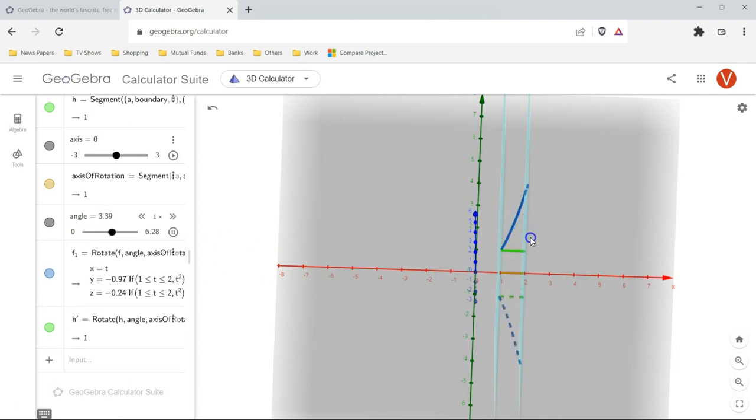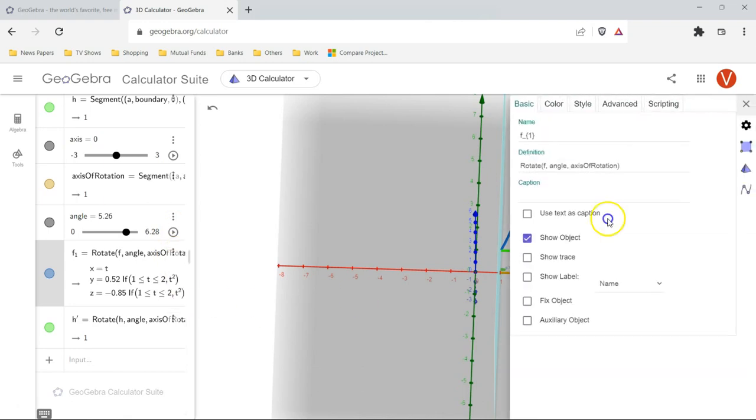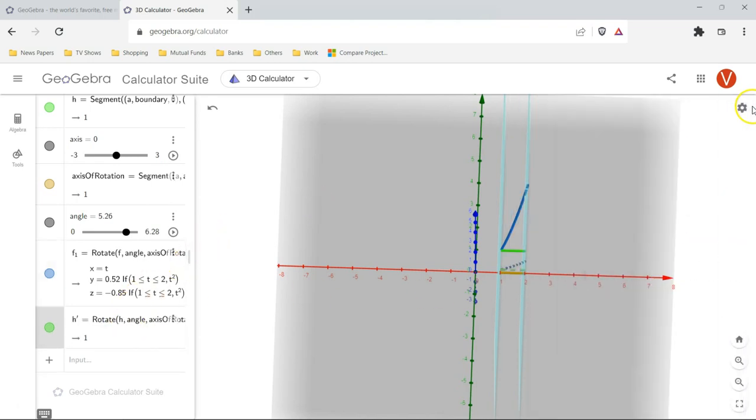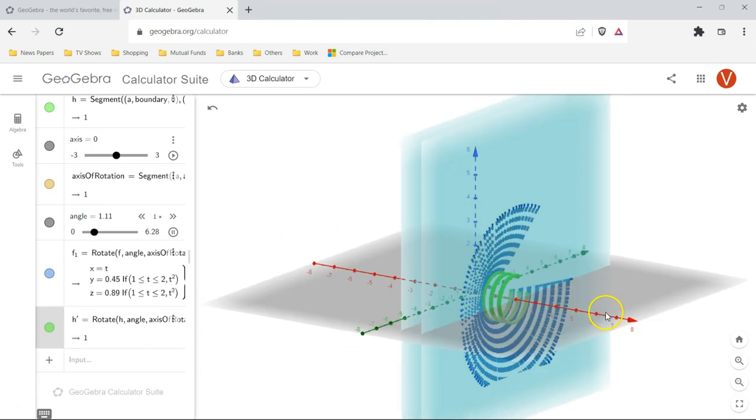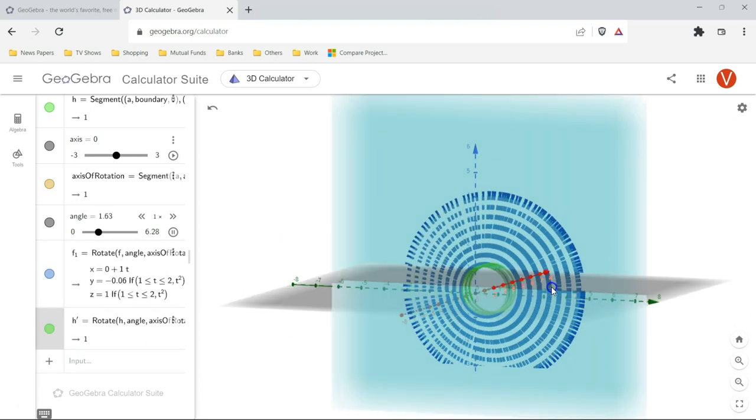But you can't actually make out the shape that is being formed. So for that, let's ask it to preserve the trace. So it will retain each curve as it rotates. Okay, and let it also show trace. And now let's start this again. So if I rotate this, you notice here you have a cup and you have a small cylindrical emptiness in